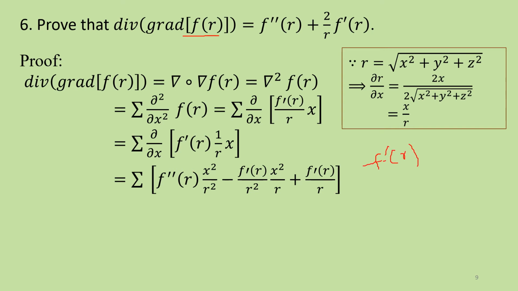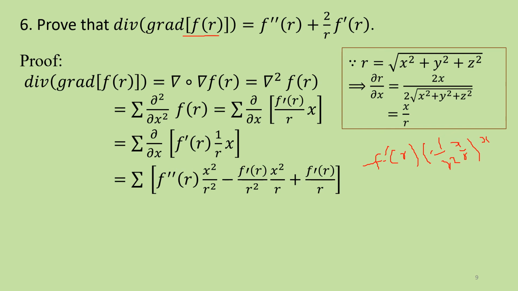So I have second term is f dash of r, differentiate only the middle term, the second term, that is minus 1 by r square into inner term dou r by dou x, which is nothing but x by r, into third term x as it is. So that means the second term we have minus f dash of r by r square into r, that is r cube, x into x square. So I have here f dash of r by r cube together into x square